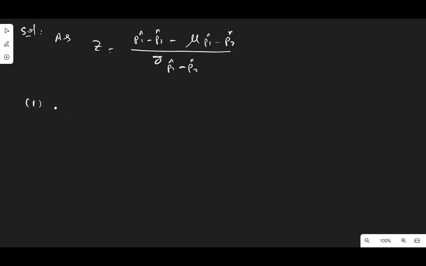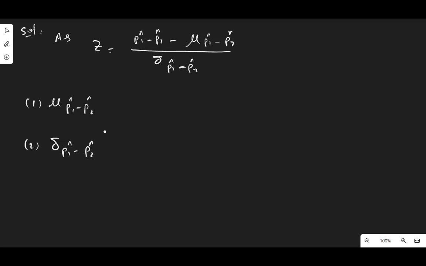We will use the standard form to find this probability. The standard form is Z is equal to P1 head minus P2 head minus mu of P1 head minus P2 head, divided by sigma of P1 head minus P2 head. So we need these two values: mu of P1 head minus P2 head,